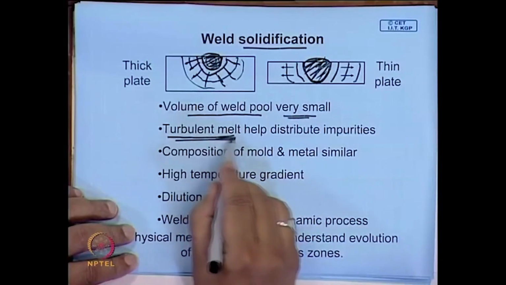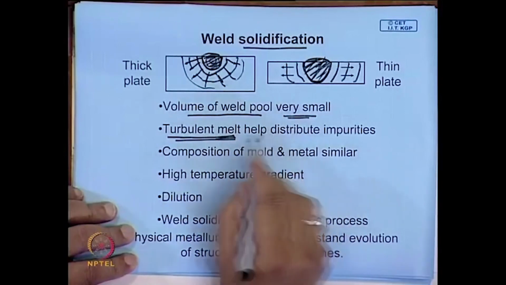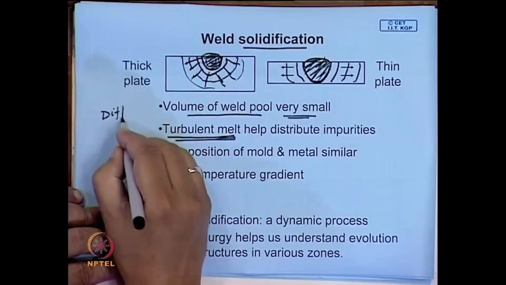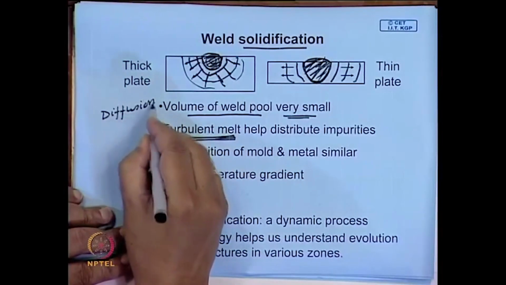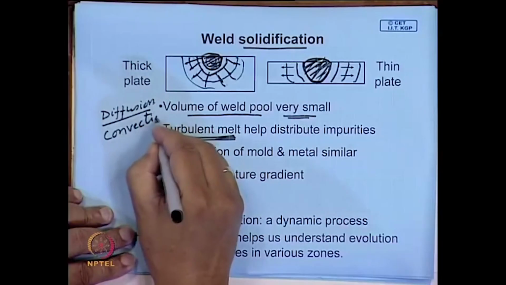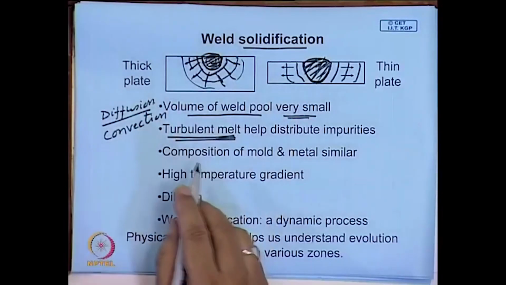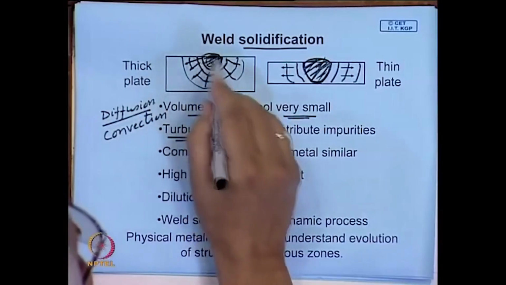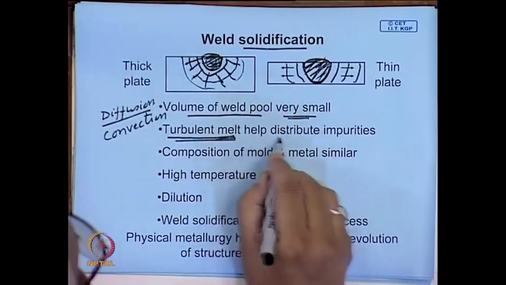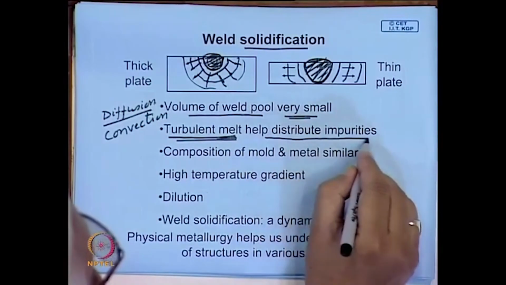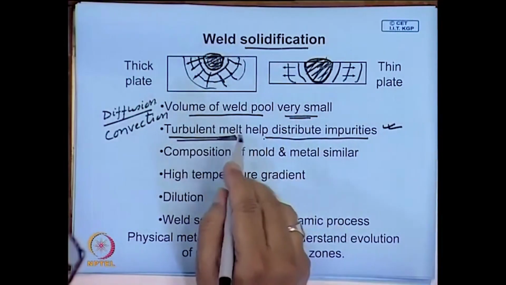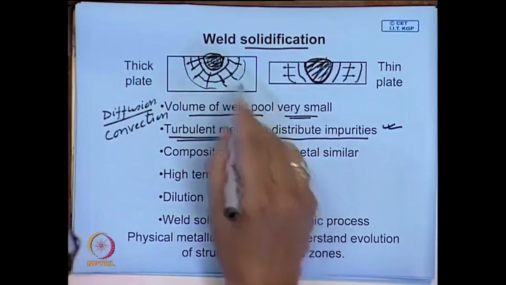In fact, if that mixing does not take place properly, in the liquid the mixing can take place through diffusion, which will always take place, along with convection or because of some stirring force; sometimes the arc applies some force. So, there will be a kind of agitation and circulation. That helps in a good mix up and it distributes the impurities. So, the turbulence in the weld pool is quite important in getting a good weld pool